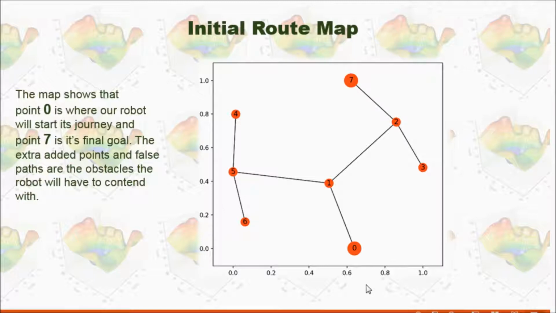Because the computer doesn't know, okay, we should take this route. The computer might try to go to 1 and go to 5, go to 4, and then it sees a dead end. It turns around, goes back to 5, back to 1, back to 2, and then goes to 7. And maybe the computer might even go to 3, and then it will figure out this is a dead end. It will turn around to go back to 2 and to 7.